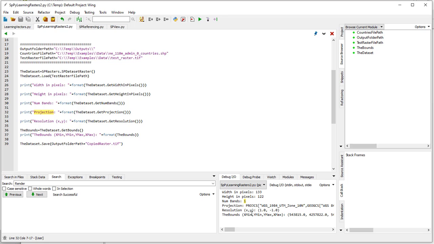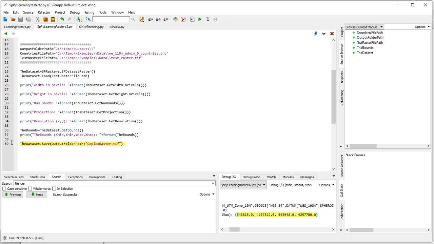The projection, so here's the spatial reference, is what I really should be calling it. WGS84 UTM zone 10 north. And then the resolution is in UTM, so the units are in meters, and this is 1:1 data. This is the LiDAR from Napa County, so very high resolution. And we can also get the bounds of the raster, and just note that that is X-min, Y-min, X-max, Y-max. So just remember that's the format for that because that's how it expects those numbers to come in or go